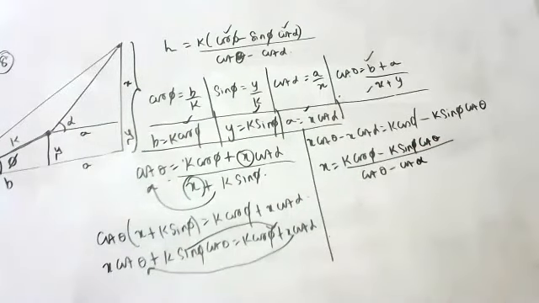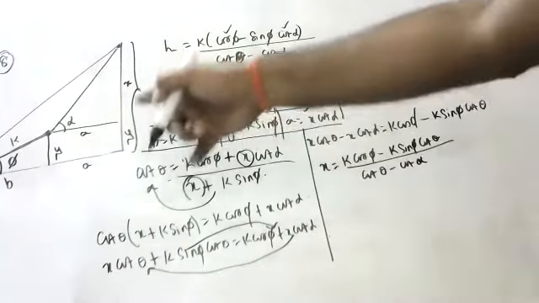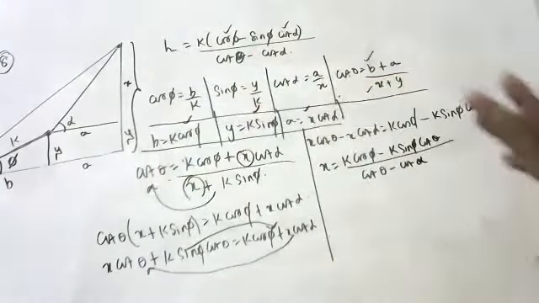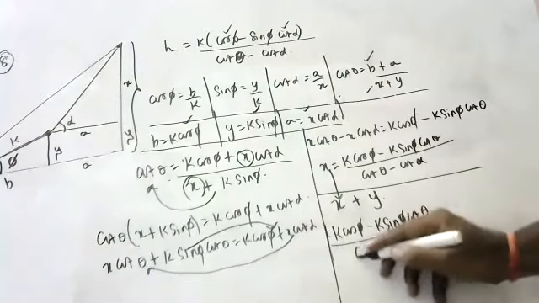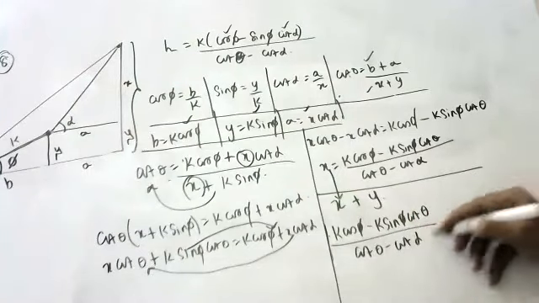Now what did we want? We want the height, children. Height means total height, so we want x plus y. That's it, children. What is x? This one. What is y? k sin phi. This plus k sin phi we should add. If you add both, you will get the answer. x is k cos phi minus k sin phi cot theta by cot theta minus cot alpha, plus